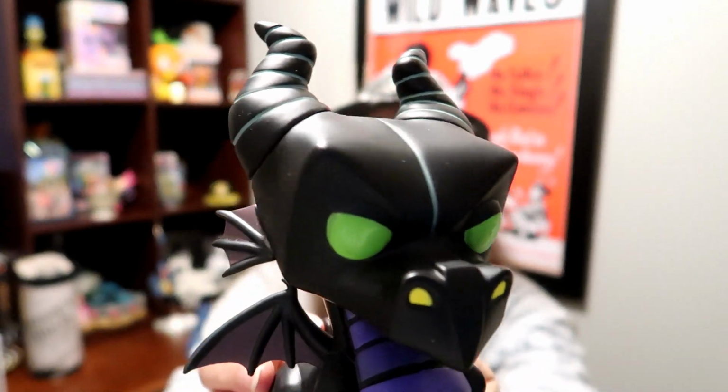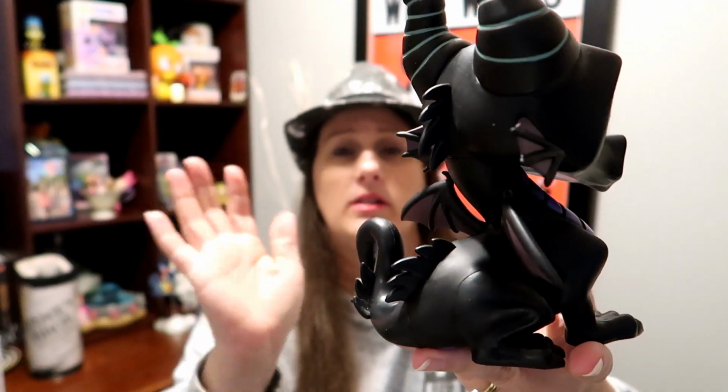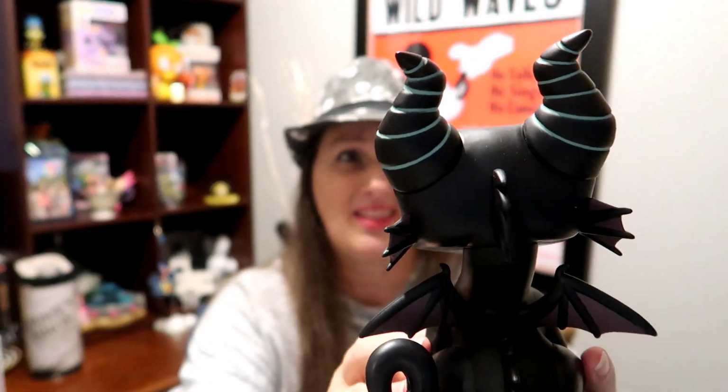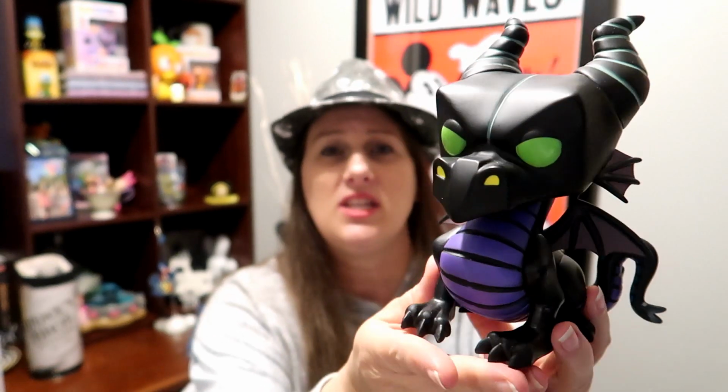So like I said, she is the most valuable pop I have. Oh my goodness, I can't even remember. I know she goes for over $100, and I think that was over a year ago when I checked. So she is a devilish beauty. Next is show a